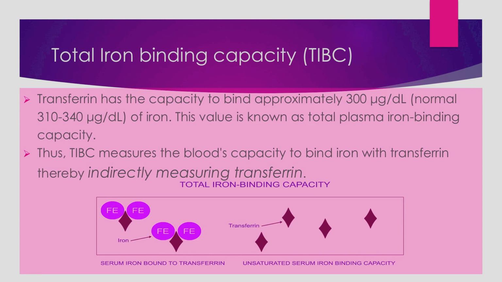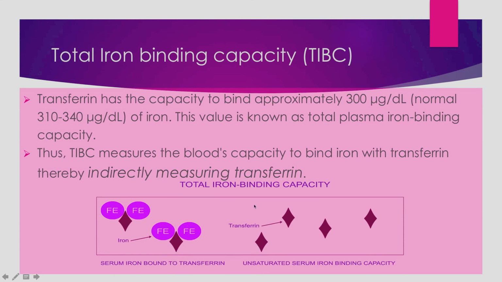So basically it is an indirect measurement of transferrin protein in the body. This transferrin protein is very important. If transferrin protein is not there, then the body cannot transfer iron, and no amount of iron given to the patient will be of any use. The black color here represents the transferrin protein. These transferrin proteins carry the iron, and this TIBC, total iron binding capacity, is the measurement of the transferrin protein.